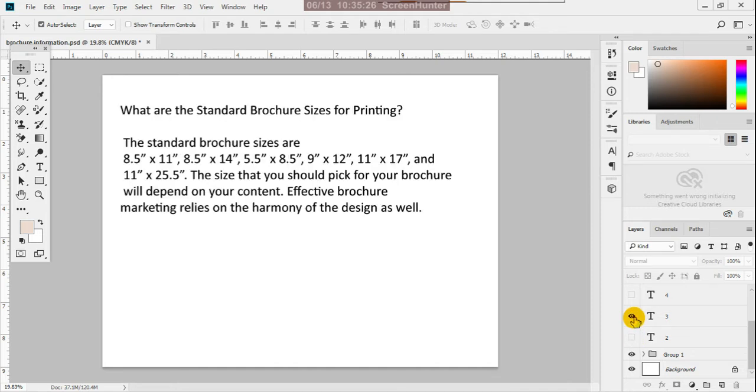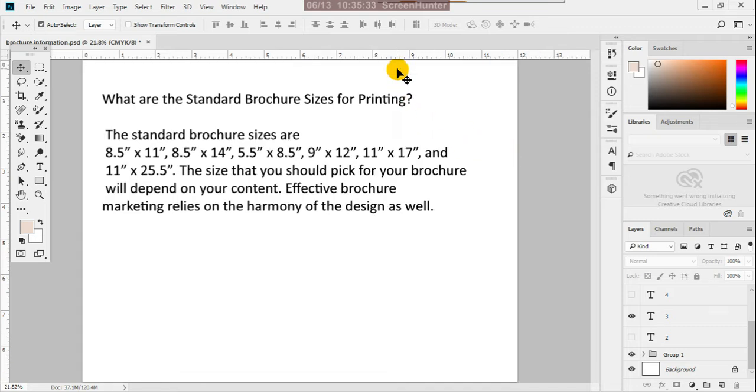Then, what are the standard brochure sizes for printing? Generally different sizes are used. Sometimes we use A4 size, A5 size, depending on the client requirement and their usage, as they ask for different sizes.